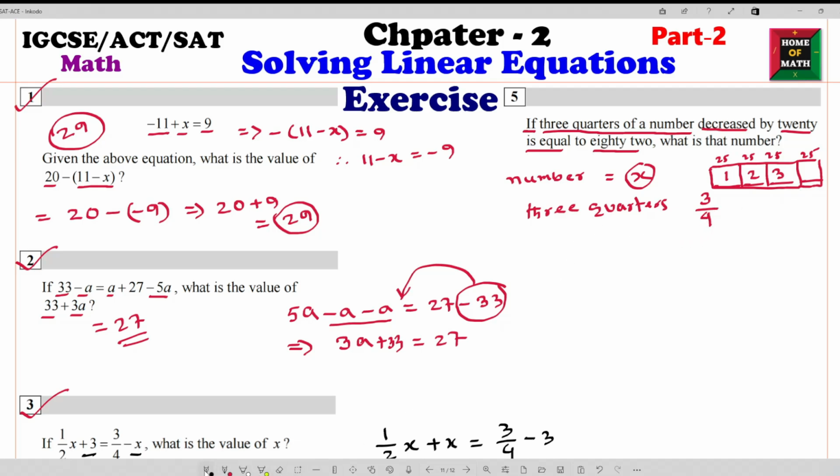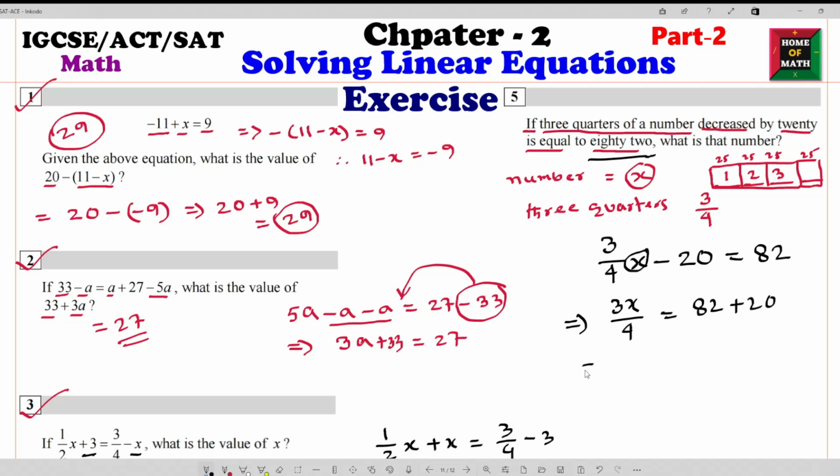So we can write like this: 3 divide 4x decreased by 20, it means minus 20, and it's equal to 82. Okay, now we have to find out the x. X means our number. So this one we can write like 3x divide 4, and then this 82 we can here plus 20, then 3x equals 102,